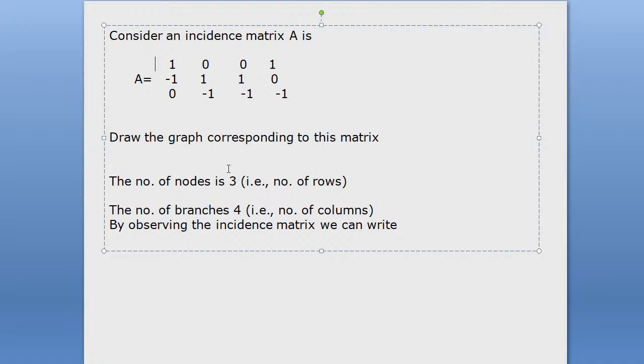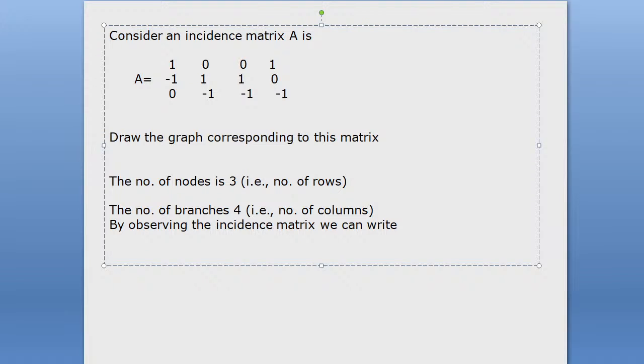So by observing the incident matrix, branch 1 is incident to node 1,